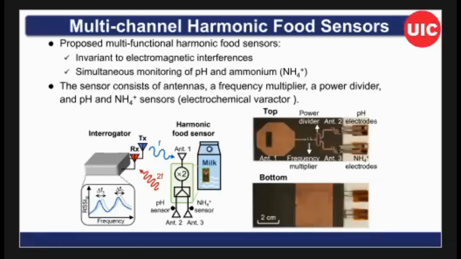So this is a chemically tuned varactor. If there's any pH change, it will change the potential across these two electrodes. If you connect the electrode to a varactor, this will change the loaded capacitance. So it's a capacitively tuned antenna. The same mechanism can be applied for the ammonia sensor. If I have a chemical doping, I change the chemical potential to bias the varactor, and then I change the resonance frequency of this antenna.